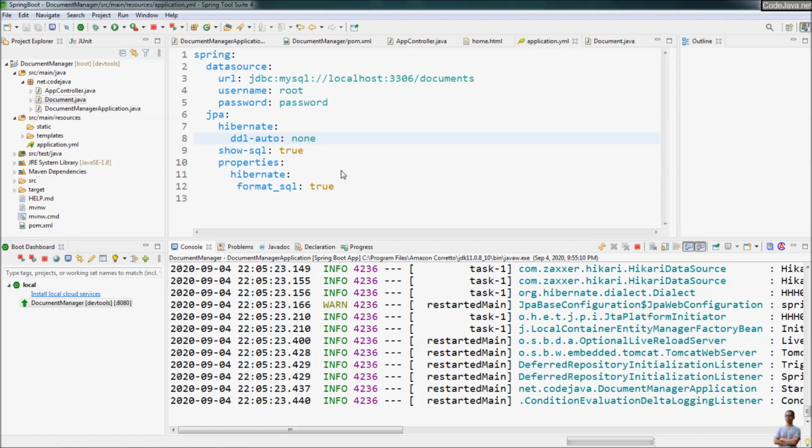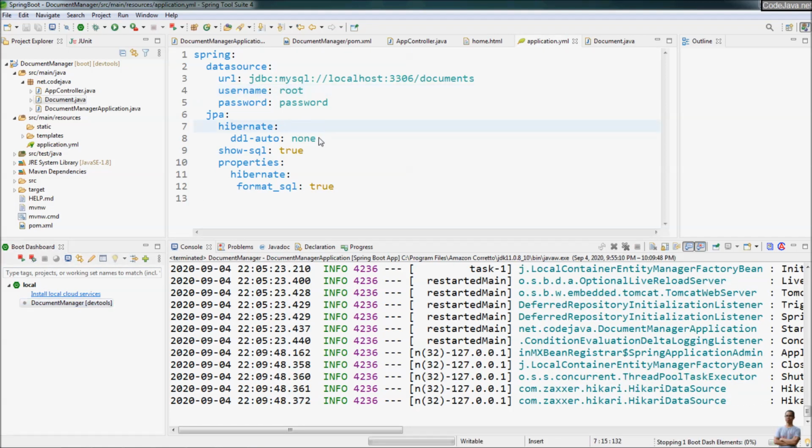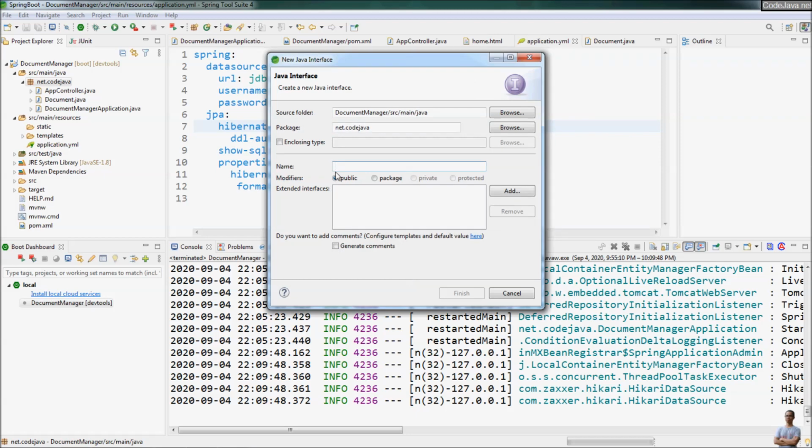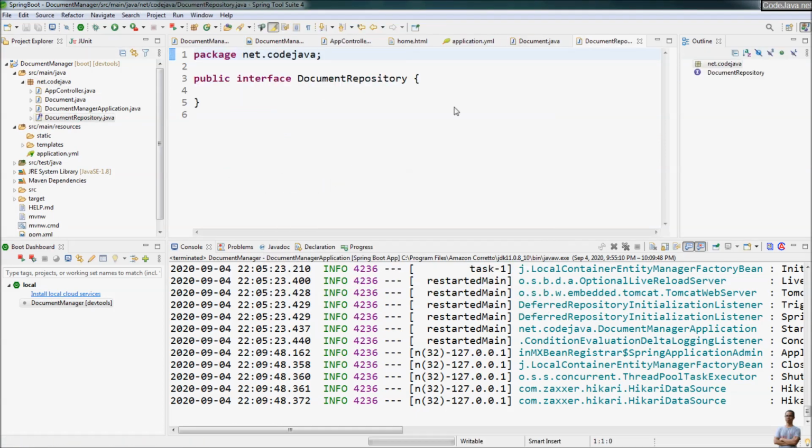Next, we need to create a repository interface to use Spring Data API to access the database. But first, we need to stop this Spring Boot application because we are going to write a lot of code, and we also run the unit test. So we create a new interface here, and the name is document repository. This interface should extend the interface